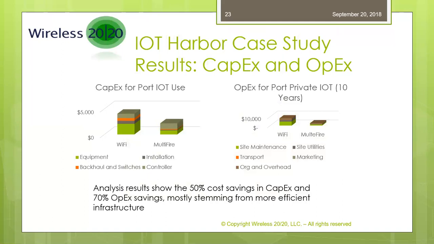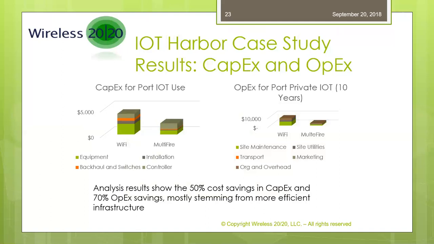To support the requirements, these are the results that come out of the YROI tool, for which we've built the model for the Singapore Harbor. The analysis shows about a 50% cost savings on Capex, and probably more importantly, 70% savings on Opex. There are other savings that are perhaps important but a little less tangible. If we want to deploy new kinds of services, this can be done very efficiently and effectively with the MulteFire network.